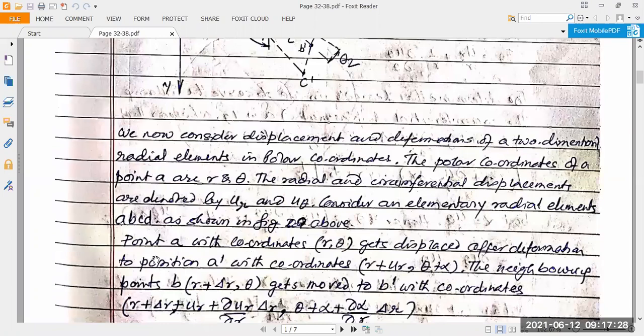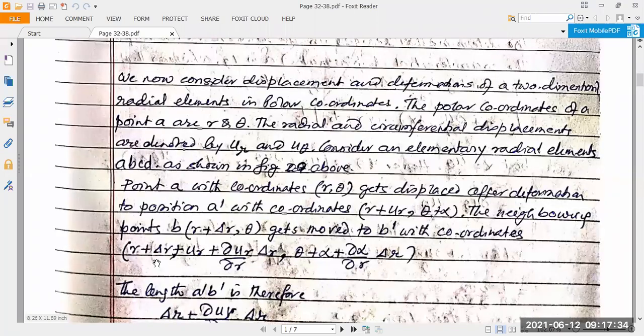C dash moves. Initially it was r plus delta s. It says the radial distance of C dash originally, the radial distance of the point P originally. It goes to